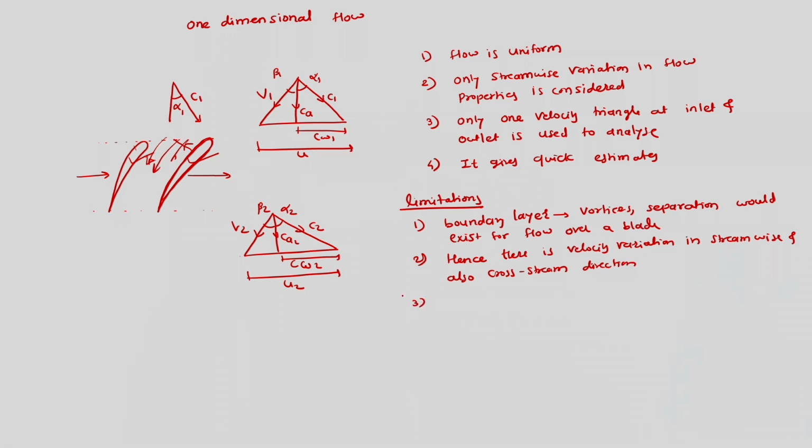Further, as we have said, this is the spacing between the blades, and this spacing would also change the flow pattern. The spacing between the blades is also called the pitch. This distance is L, which is the chord length of a blade, and this is the pitch. If we change this, there will also be a change in flow properties.